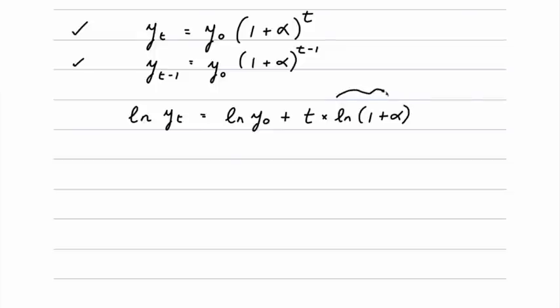Now, this term here, as long as alpha is a small number, and our 2% growth rate, or alpha equal to 0.02, would be considered a small number, but it turns out that there's a very convenient mathematical approximation we can make. The natural log of 1 plus a small number turns out to be approximately equal to that small number itself. And if you have a calculator handy, you might want to just punch some numbers in and check that for yourself. Which means we can rewrite this expression as the natural log of the initial value